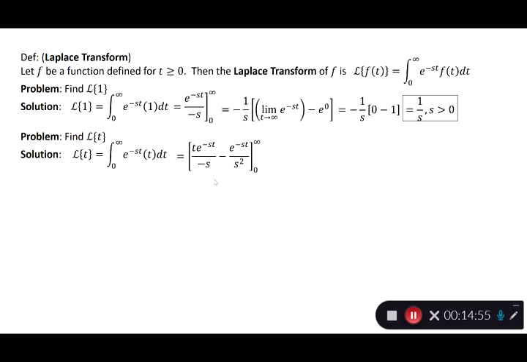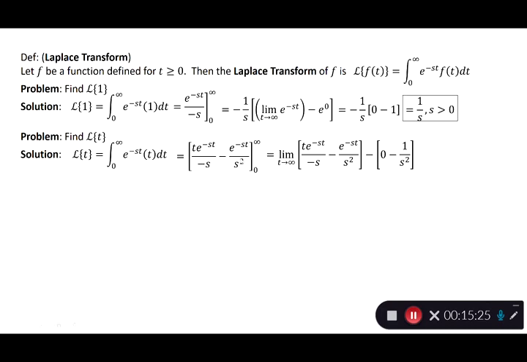Test this out. On a separate sheet of paper, figure out the integral of t e to the negative st, thinking of s as a constant, and check whether or not you get this quantity. Cool? All right. So now, quote unquote, plug infinity in for t, which means evaluate the limit as t approaches infinity of that quantity for the upper limit,